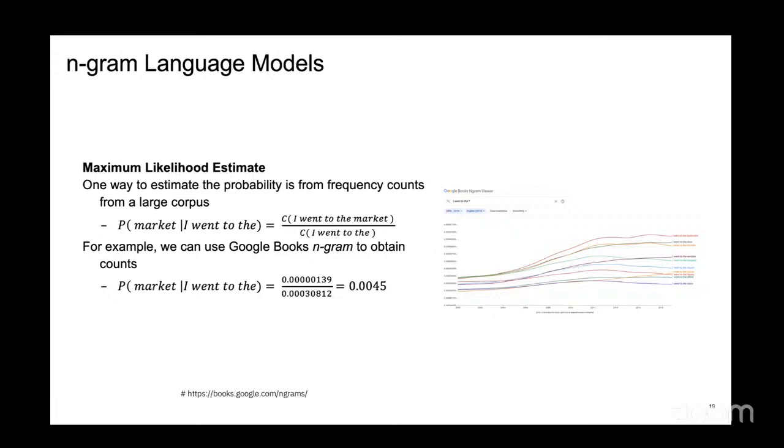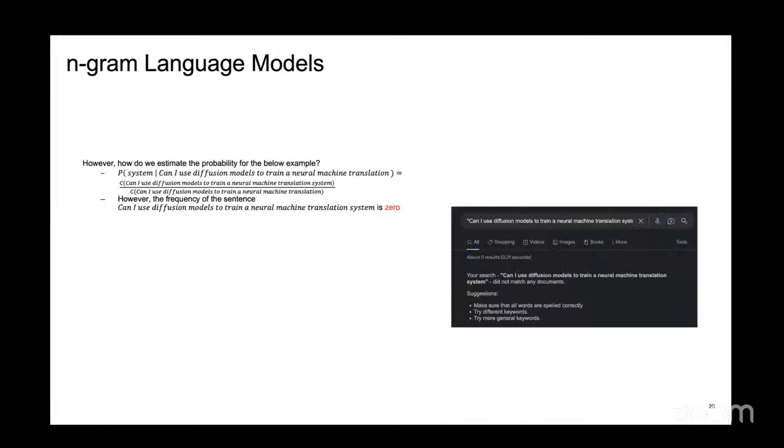One problem here is once I start computing these probabilities, they get smaller and smaller and smaller. So that makes it much harder. And another thing is, what if I have never seen the sentence? Language evolves, right? The meaning of words evolves, the way we write sentences evolves. So there are new terms which come into the vocabulary, new scientific terms. For instance, when these n-gram probabilities were calculated, the whole notion of diffusion models didn't exist in the popular narrative.